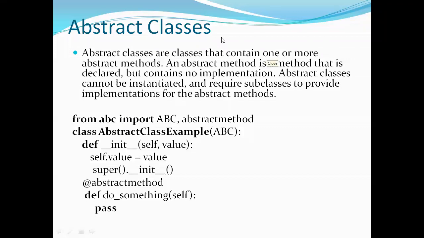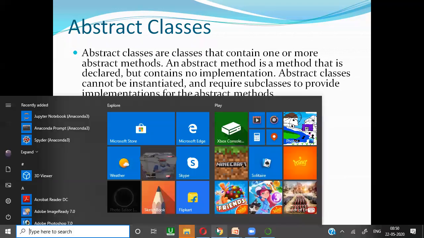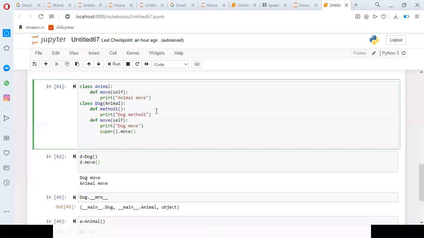Pass is something we already discussed in control statements. If you are not supposed to mention anything in a class or in a method, then you go with pass. Compulsorily, you must mention at least one statement, and that is pass. Pass is nothing, empty. It indicates that it is empty. To indicate empty, you use pass. It is one type of control statement. So we go with a small example here.